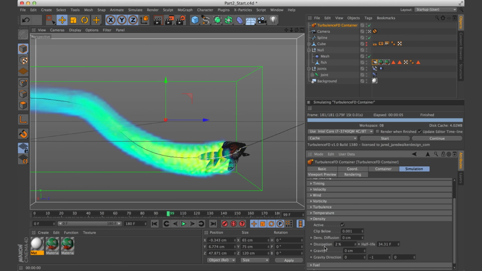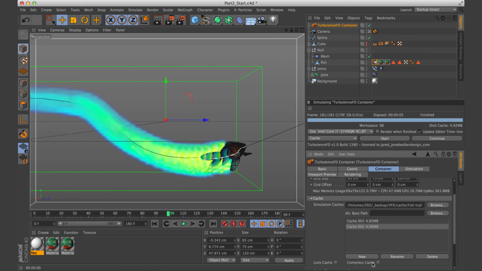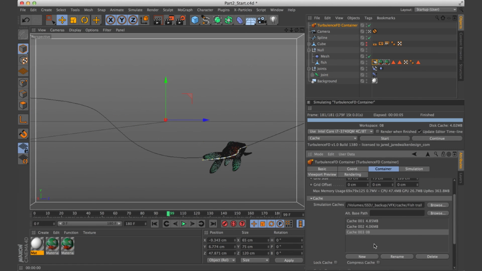And so we can do that with this dissipation setting. So we're going to raise that up to maybe, I don't know, like 15%. So that way it's disappearing a little quicker. And then we can go back and make a new cache, so that way we can go back and compare, and then run the simulation again.